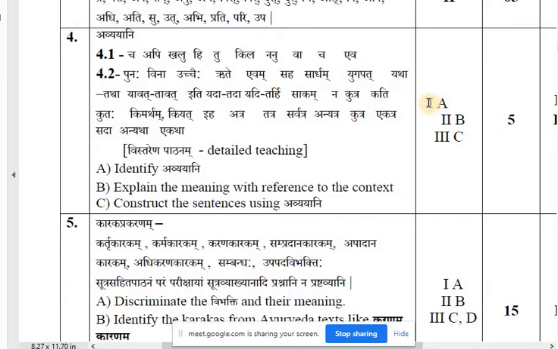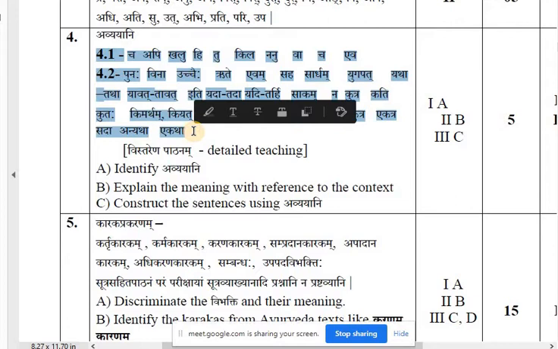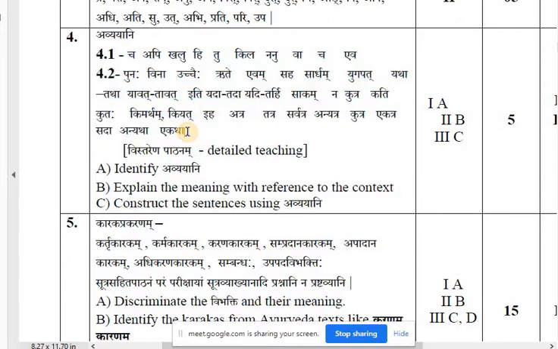And what you are supposed to do in term 1, whichever exam is going to be there in your university, in your college. In term 1A, only identification will be asked in the exam. So you must be aware of all these avyayas, students. All these words, what is the meaning of each word, you must be aware of, right? Cho means and, api means also, khalu means indeed. I already covered that in the last video, you can go through it.